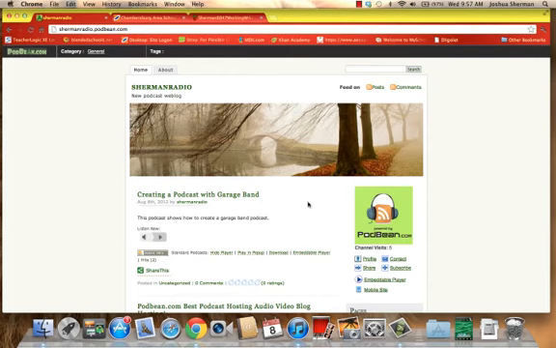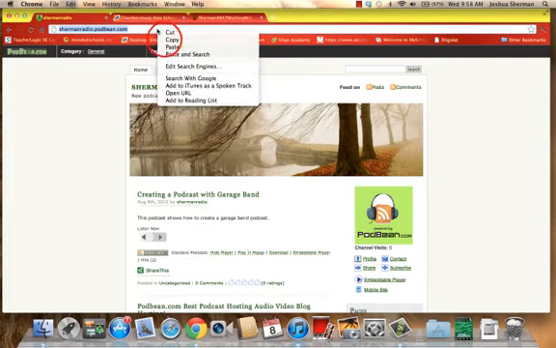I will now show you two ways in which you can share your Podbean radio station with your students. The first way is by adding a link to your Podbean radio station to your school center website. To do this, starting from the Podbean radio station page, you will need to select your web address, right-click, and